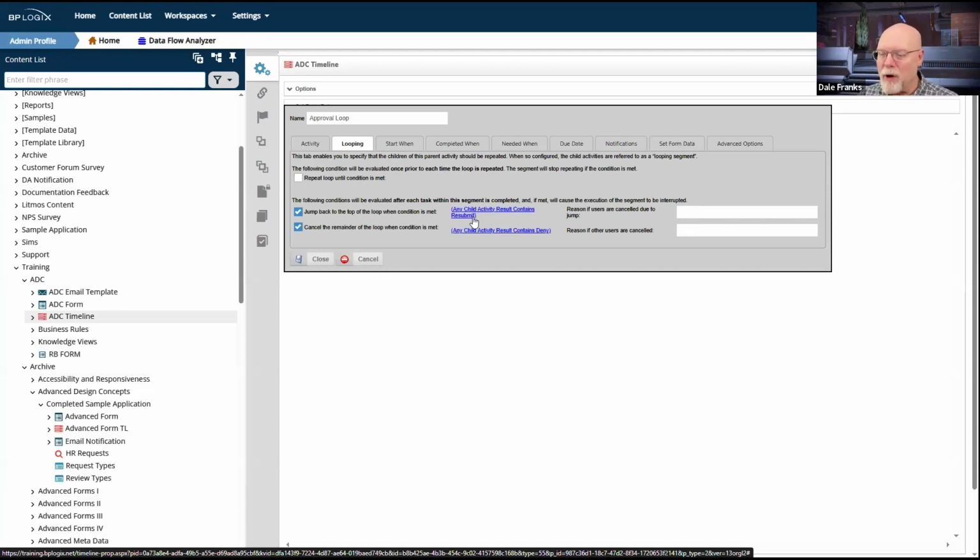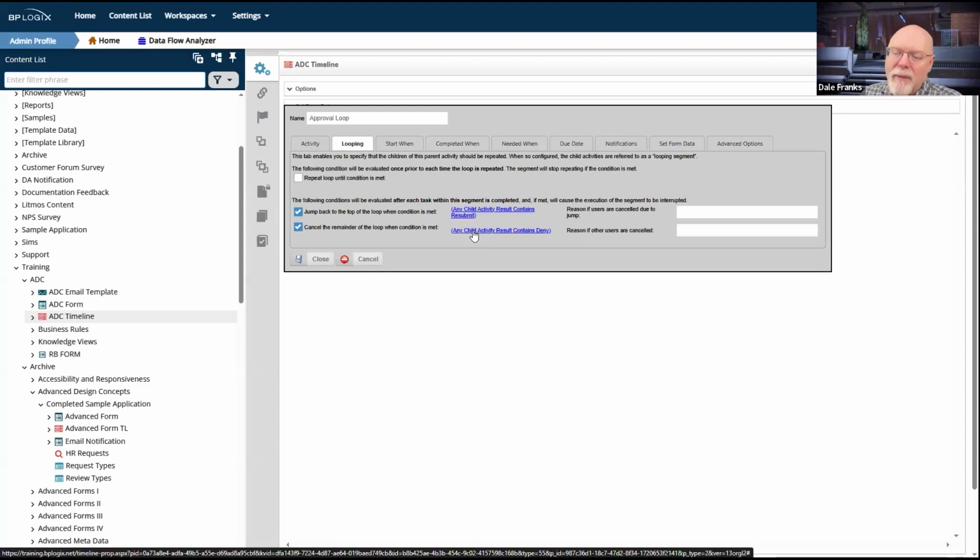You could call it return for resubmittal. You could call it resubmit request. Whatever you wanted to call it, you could have a resubmission as long as one of your results of any child activity, any activity inside this loop, has the text resubmit anywhere.